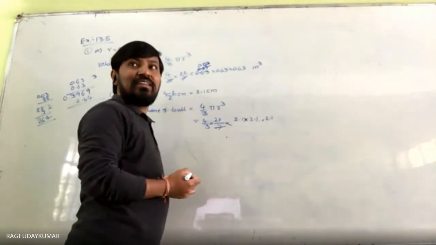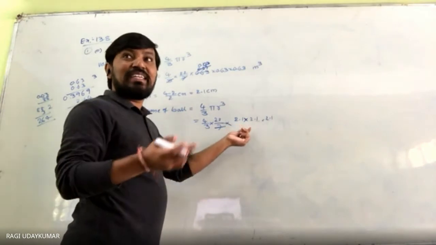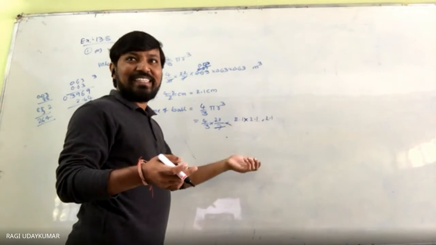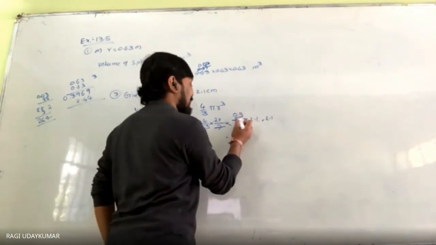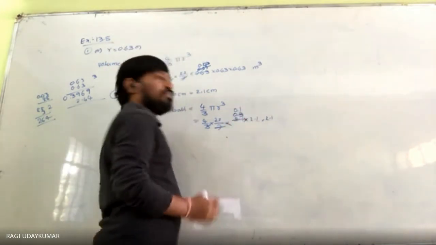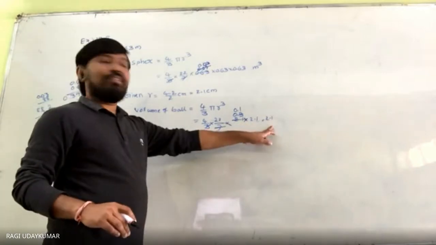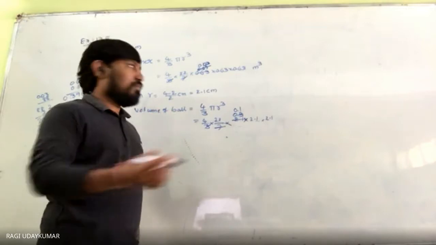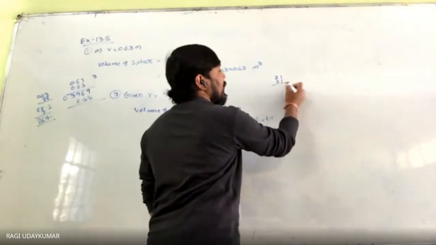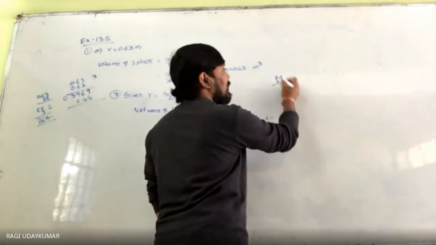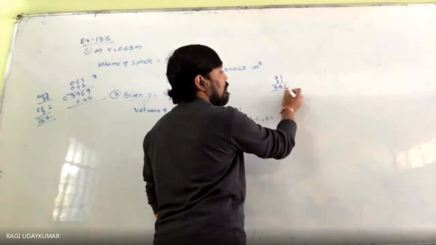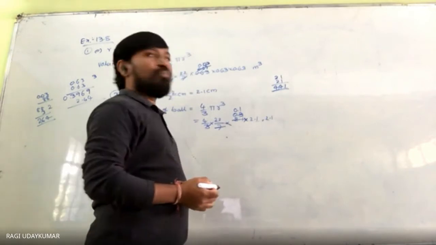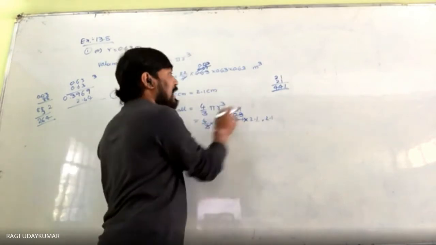Now 7 times 0.3 or 0.03? It is 0.3. 3 ones are 3, 0.1. So multiply 2.1 by 2.1. 21 times 21 means the square. So what do you get here? 441, which means 4.41. And this is 88.